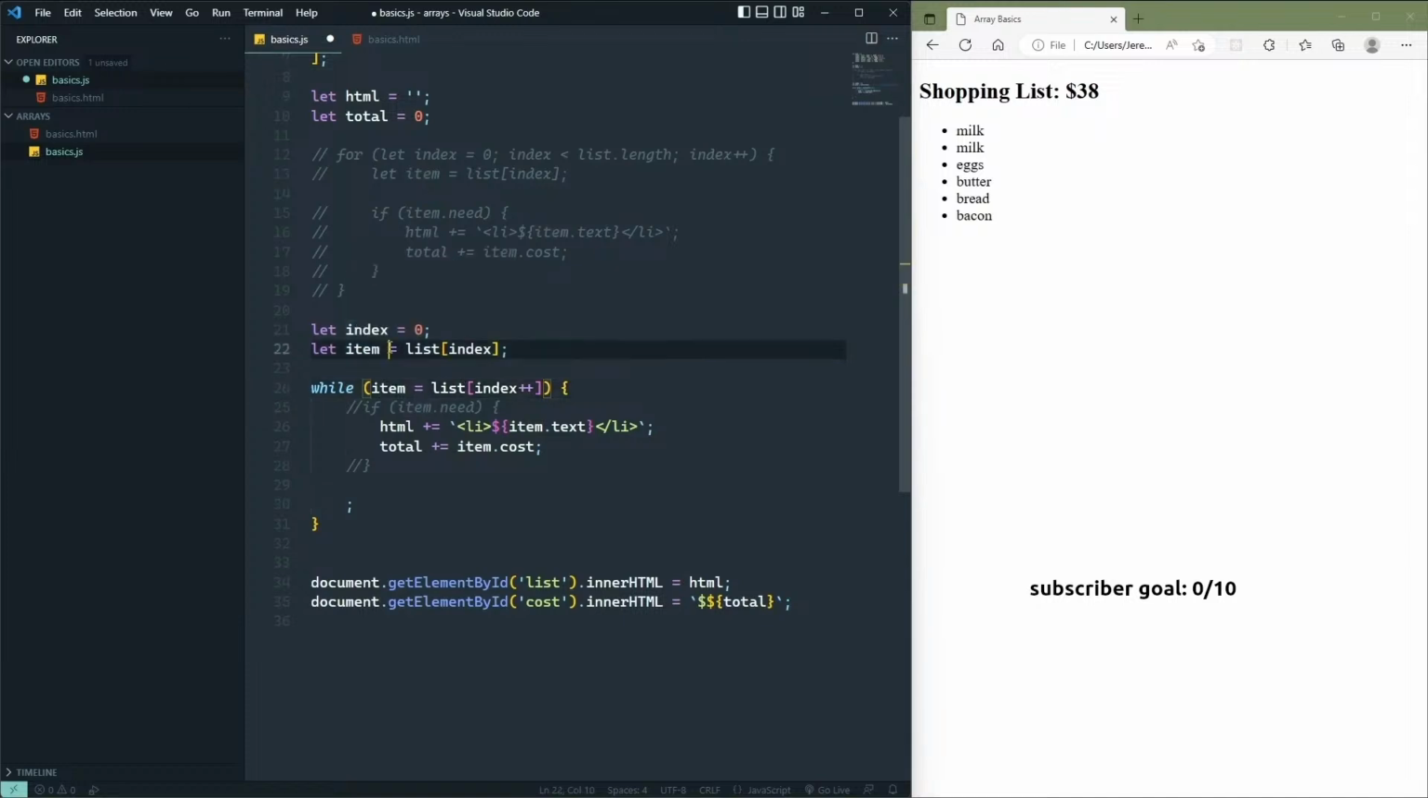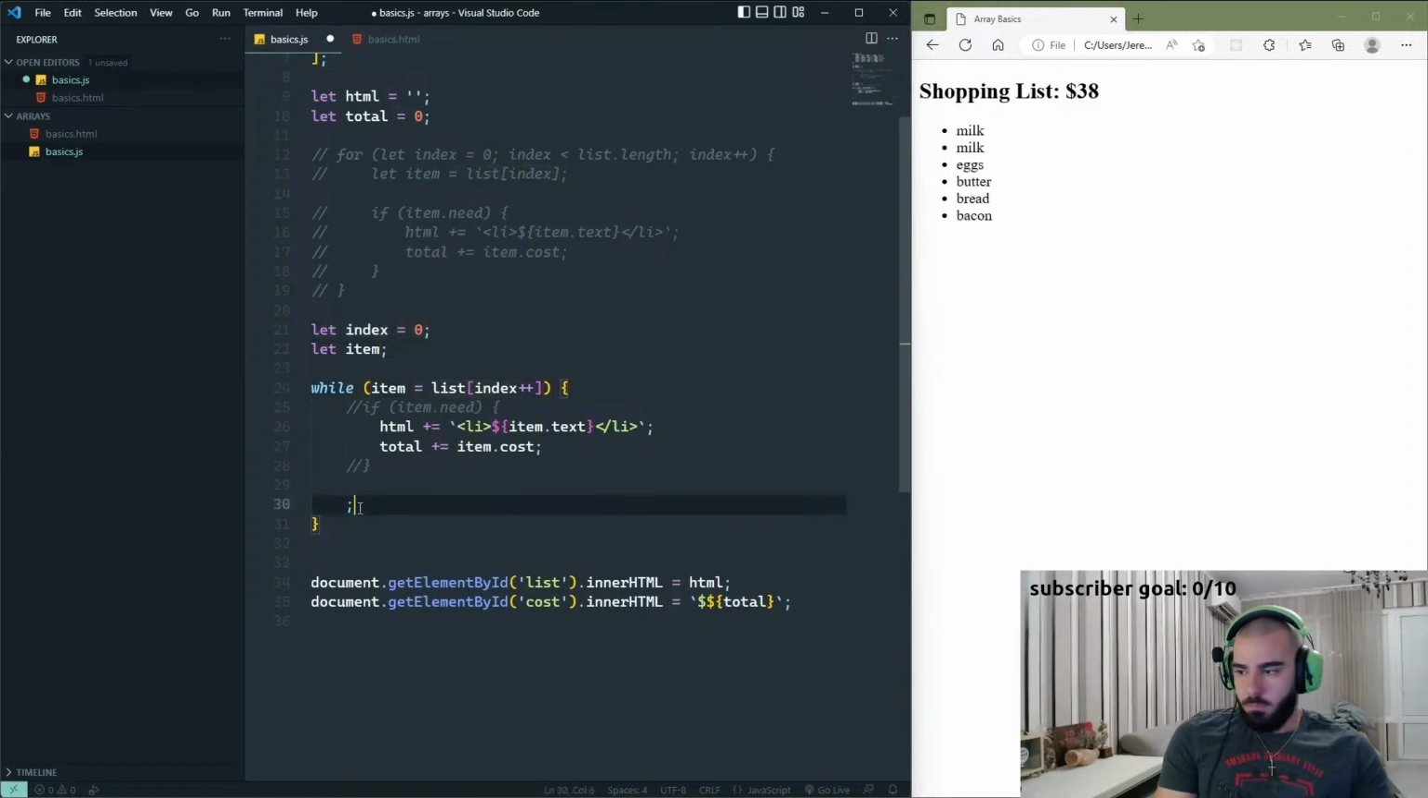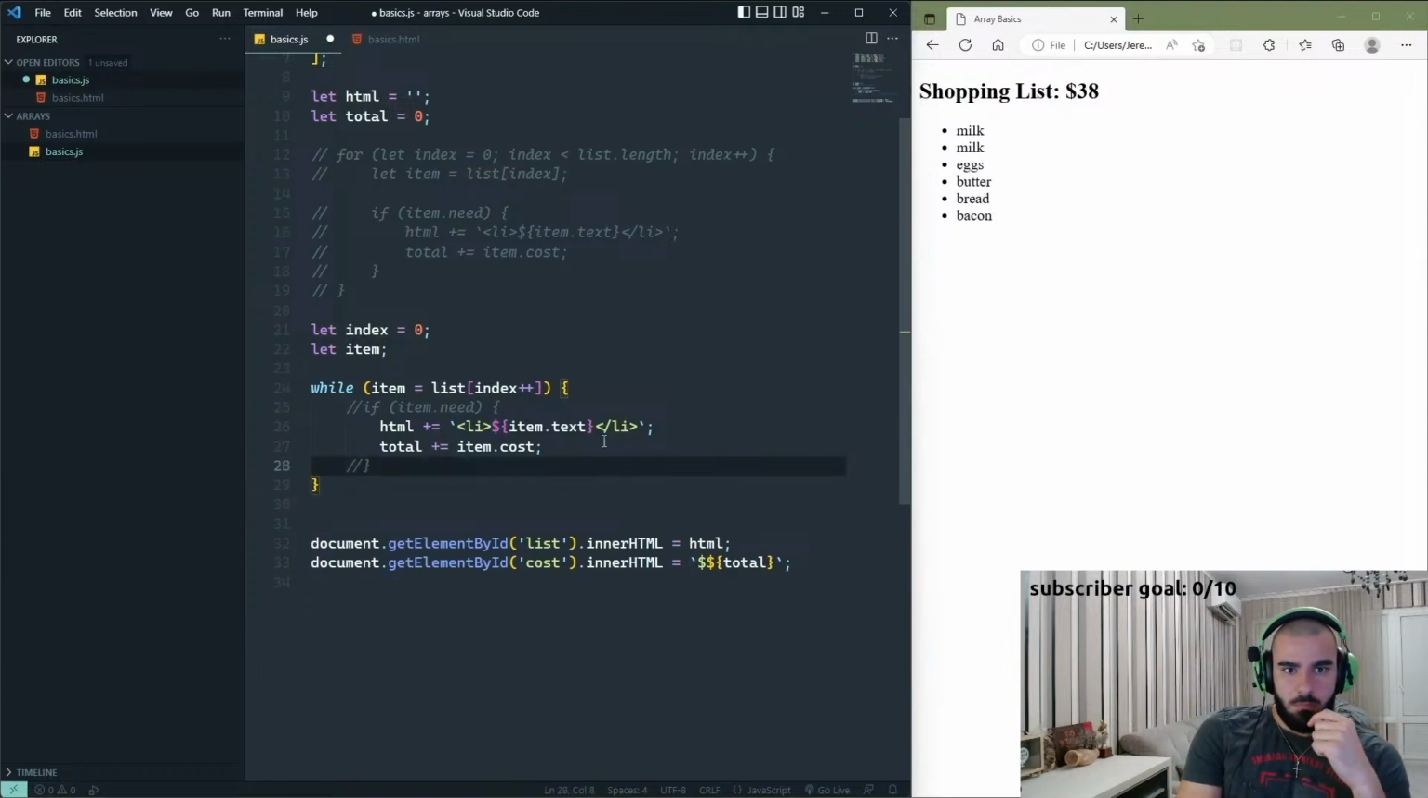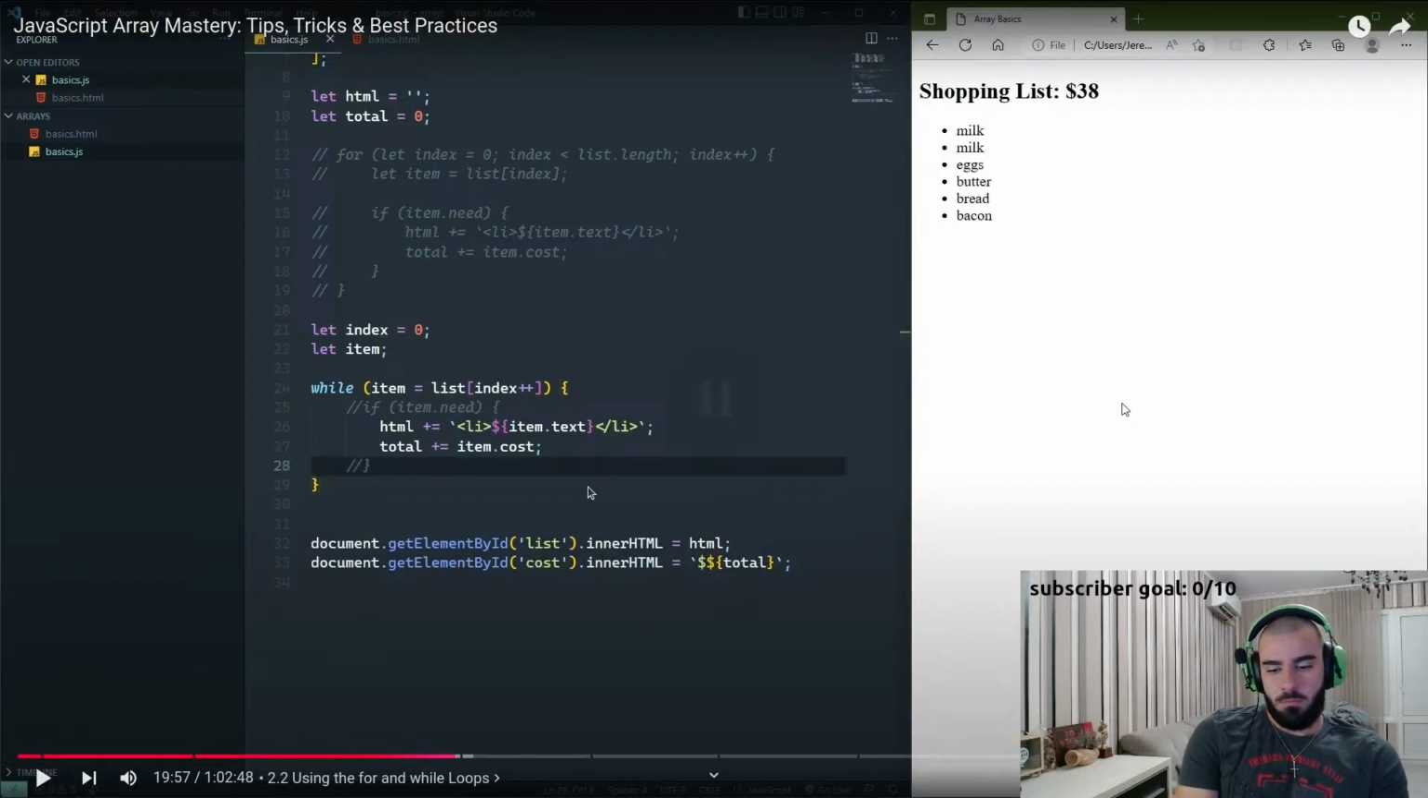And then whenever we create the item variable, we just won't initialize it. That gives us a little bit cleaner code. And so now, if we take a look at them,